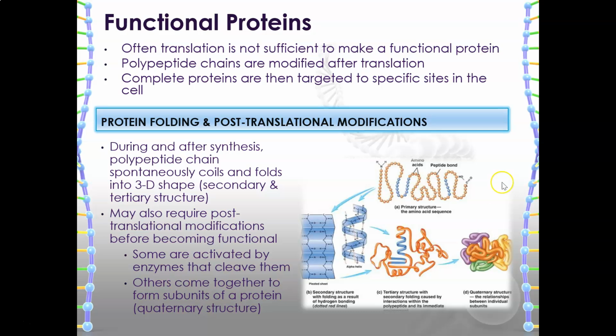Really, this is coming back to that idea of protein folding. So this primary structure is what that messenger RNA is designed to create. But we then have to go through that secondary, tertiary, and in some cases quaternary folding to actually get the three-dimensional shape, those coils and folds based on hydrogen bonding, hydrophobic and hydrophilic interactions, sulfhydryl bonds, whatever the case might be, in order to make those functional in the shape that actually can do something in the cells.